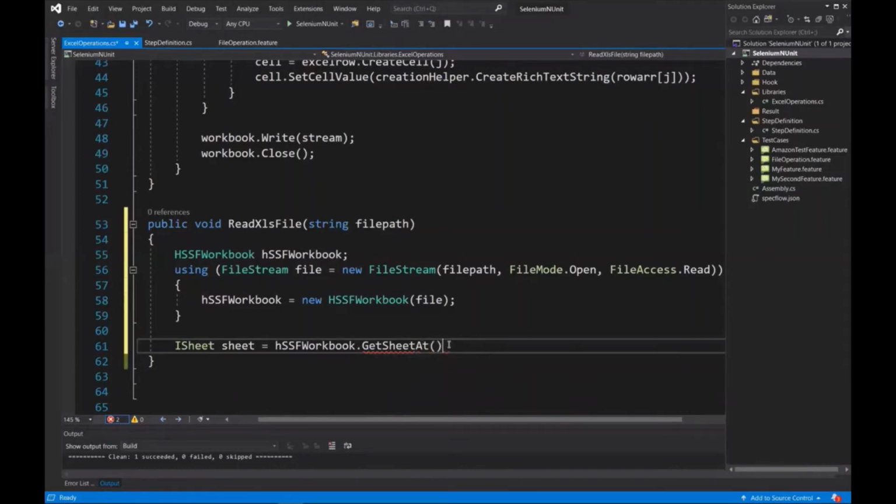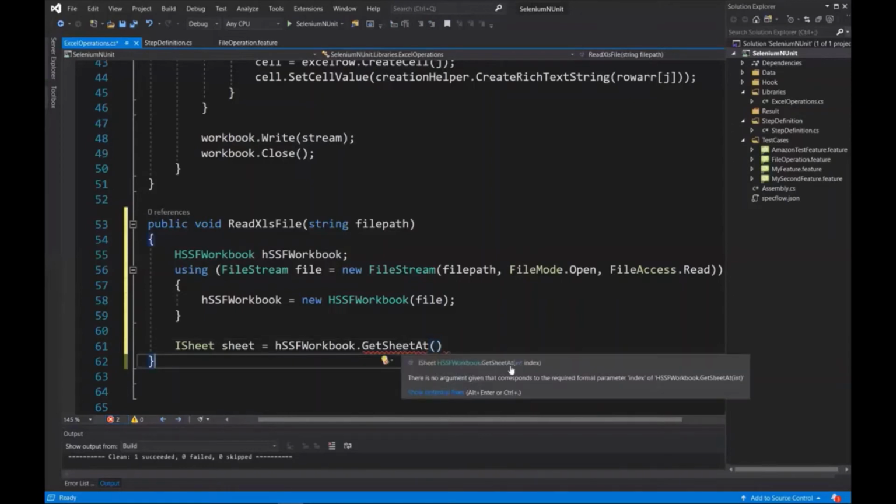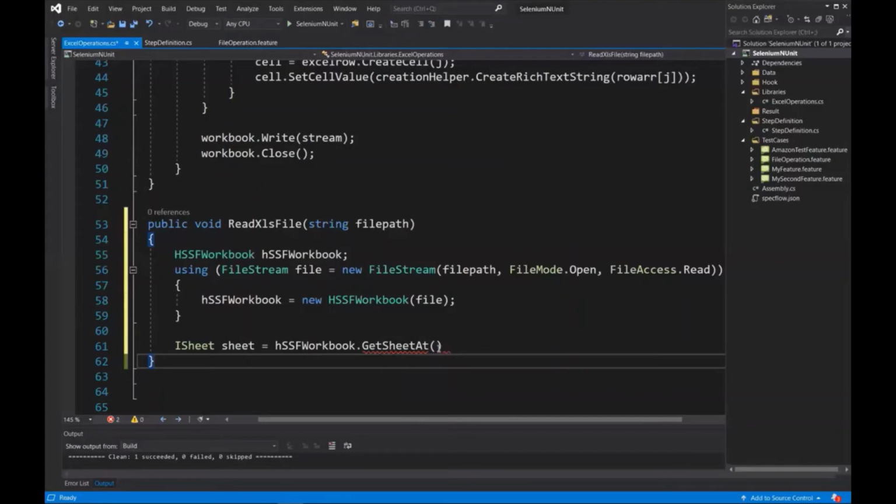Next we have GetSheetAt. So you can use this method when you don't have the sheet name with you. Then you can provide the sheet index like 0 for the first sheet, 1 for the second sheet, and so on. Let's say if you want to read the very first sheet, then I can use GetSheetAt and pass the index as 0.